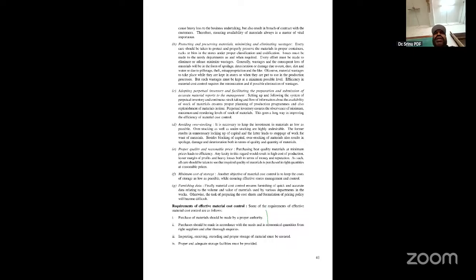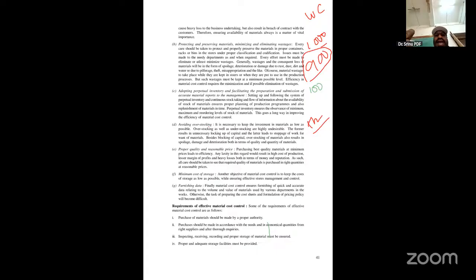Avoiding the overstocking. See, avoiding overstocking means what? For example, you require 100 units of material every day for production, but if you purchase 1000 units, what will happen? 900 units are going to be waste. You have to store them. Whatever amount you spend on these 900 units, your working capital will be increased. So avoiding overstocking means as you require, that much only you have to purchase.